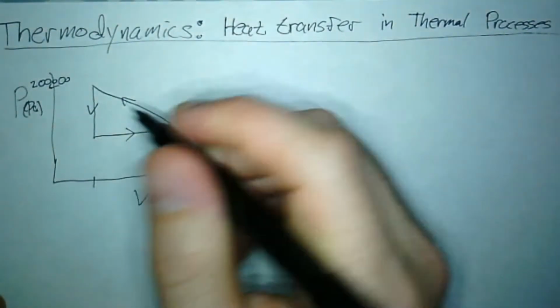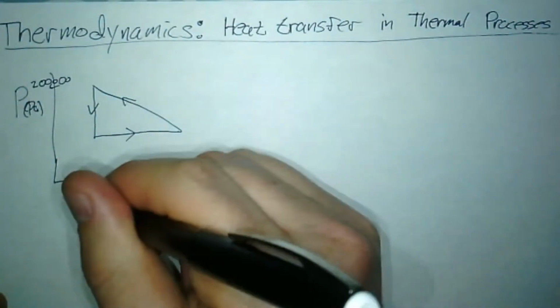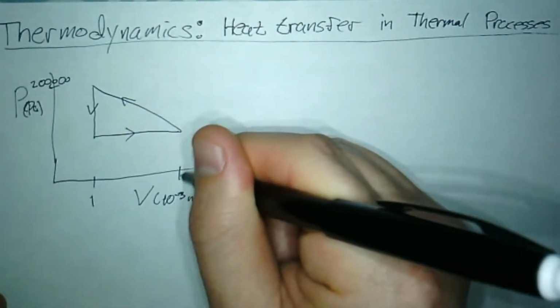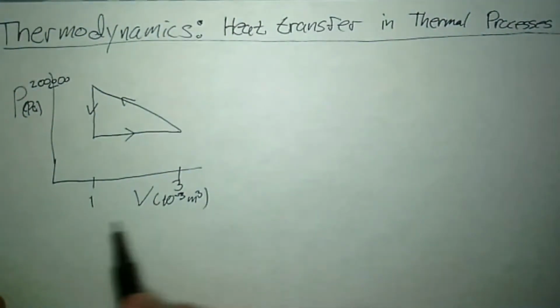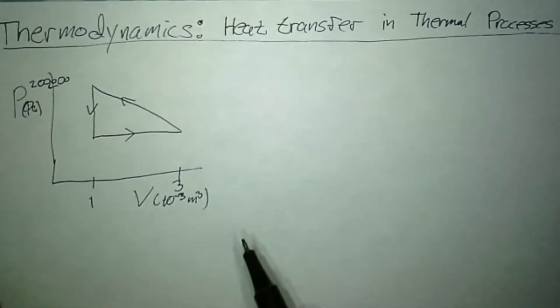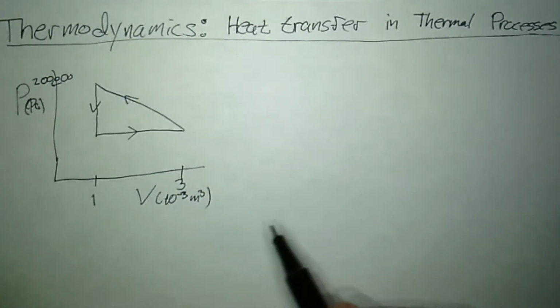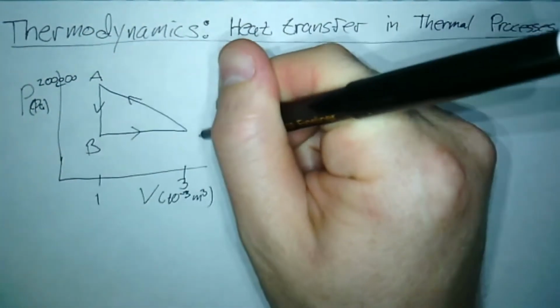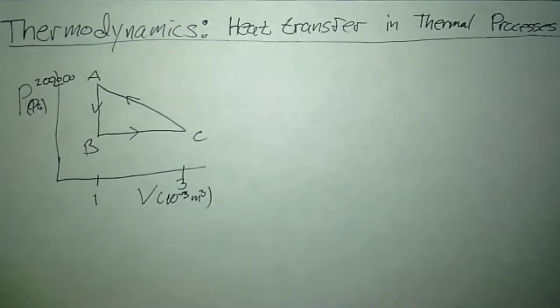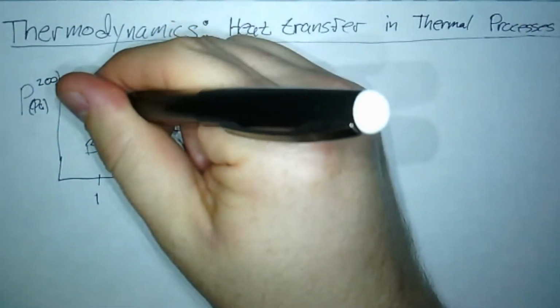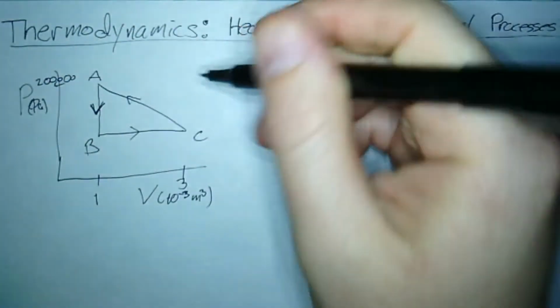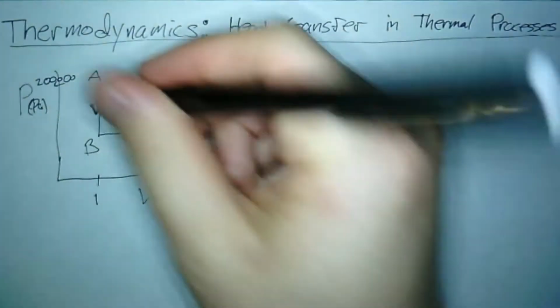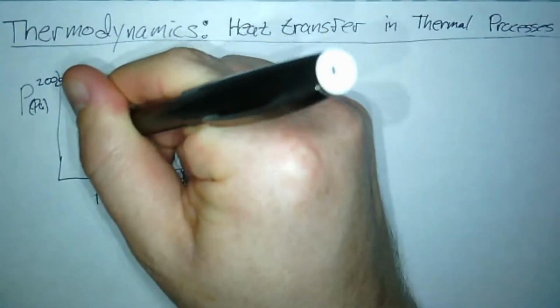So let's call this 1, and we'll say this one is 3. So that will be 1 times 10 to the negative 3 meters cubed, or 1 liter if you'd like. So let's just label our points so we can talk about these easier. So when we go from A to B, from here to here,